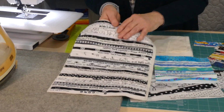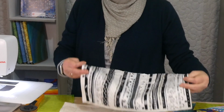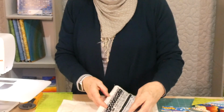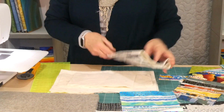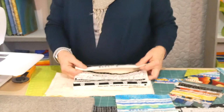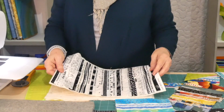I can do some quilting on it if I want to. You could make a pocket, a table runner, you could make a little pouch. If you just lined that and folded that up, there's a little pouch all ready to go. And if we did it up the right way, the words would even be up the right way. How's that? So there's just a lot of fun to be had with selvedges